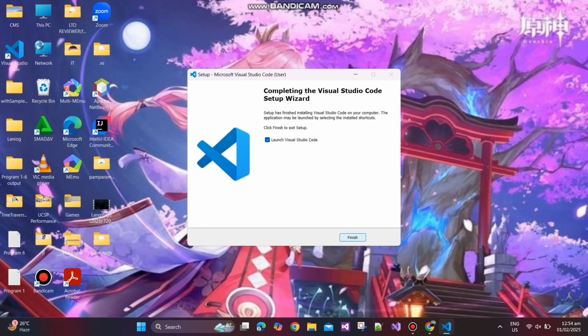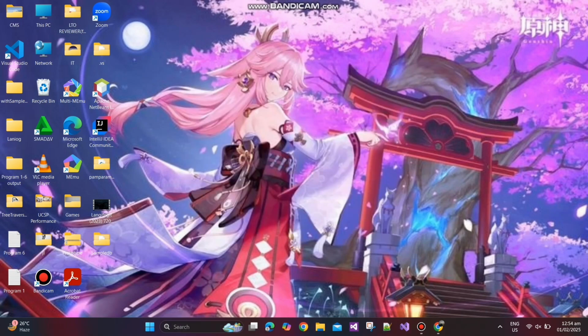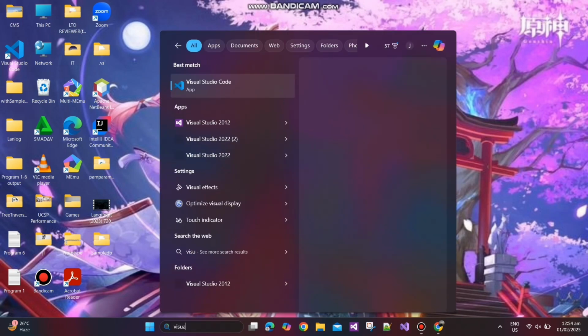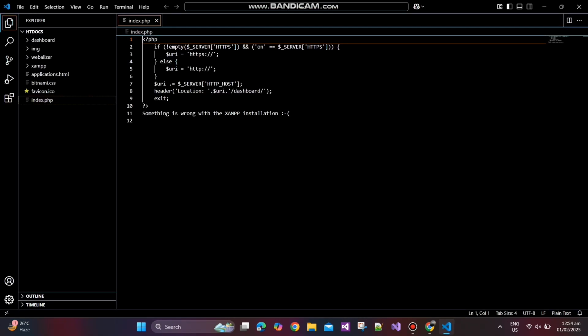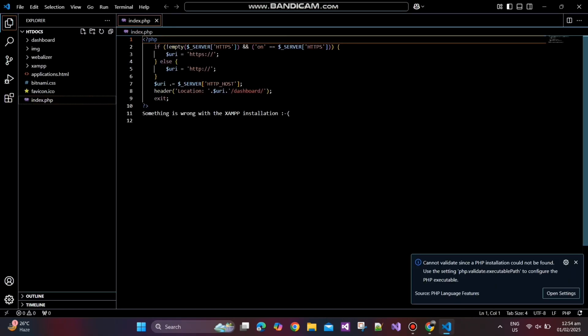Click on finish. Launch the Visual Studio. If an error appears, this is what you should do.